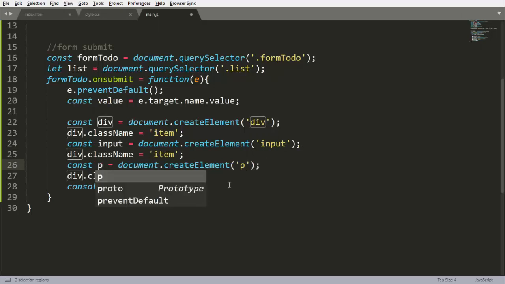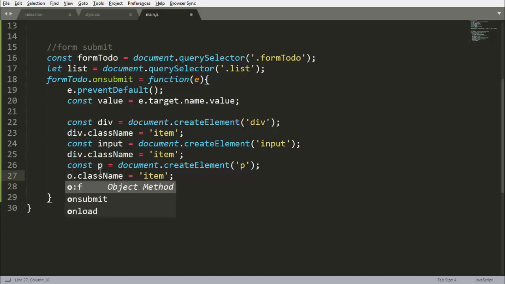For p, we don't want any class name, but we want its inner HTML. So p.innerHTML equals, and that will be our value here. So that we did now.